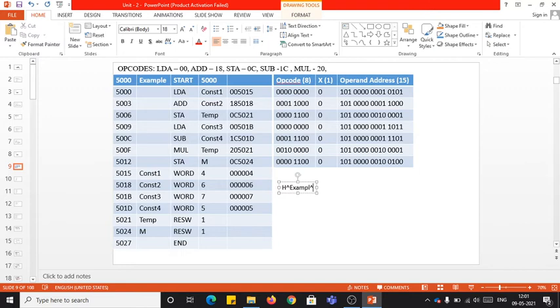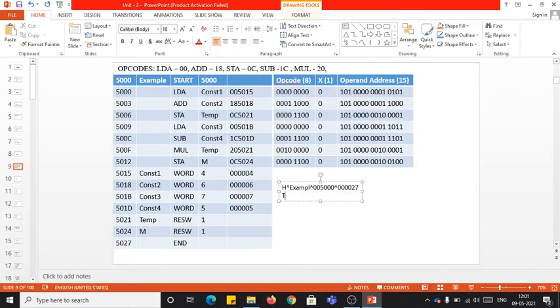Then followed by the starting address, followed by the length. As I mentioned, the last address minus the starting address is the length. You need to follow the format, my dear students. You can't simply write 5000. You have to follow how many fields are given in the header record, so those many fields you have to fit. Also you can observe, the length is only 27, but you can't simply write 27. You have to fit in the field. So you'll get 4 zeros followed by 27. That's the header record for the given program.